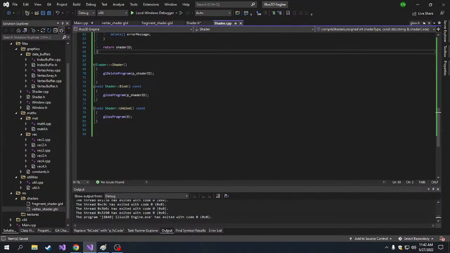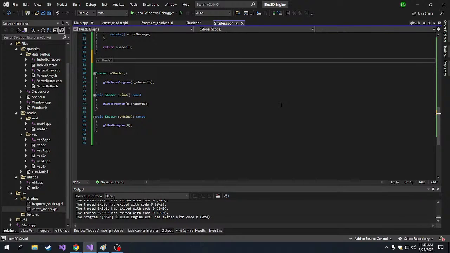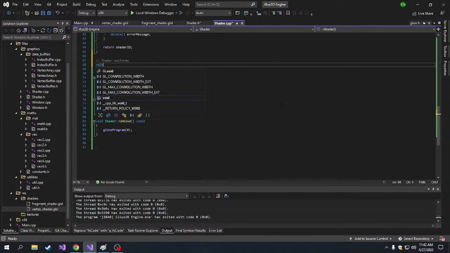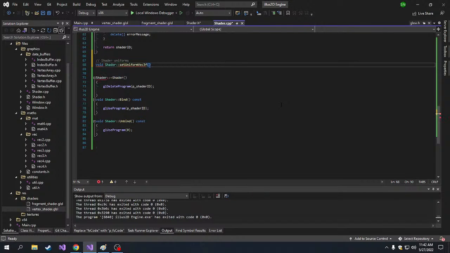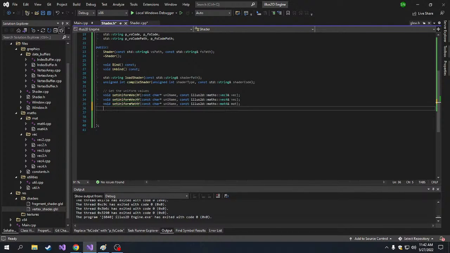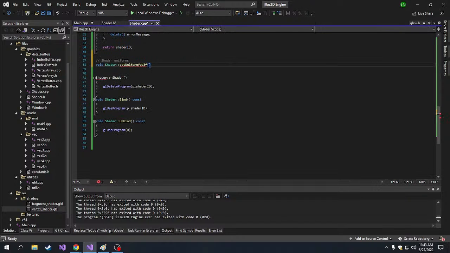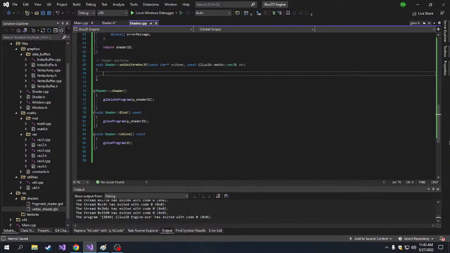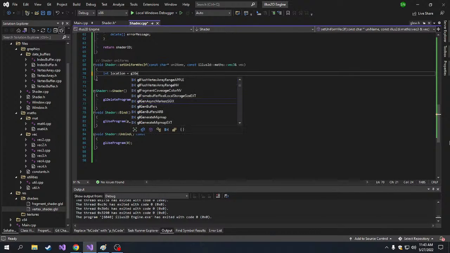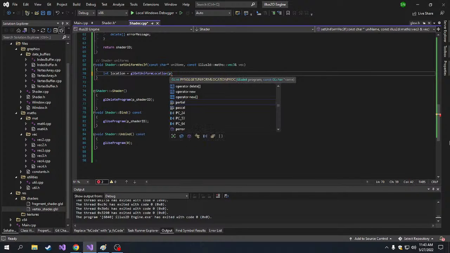Alright, so bind and bind, I'll do it right here. Shader uniform. So void shader set uniform vec3f. Let's copy and paste, I can't even bother typing these again. To set the shader uniform, first we need to find the location of the shader. We'll do int location, GL get uniform location. So the program is going to be p underscore